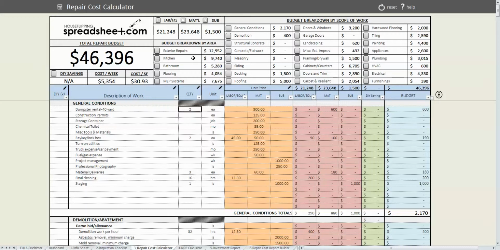I know we're spending $2,500 to $3,000 per bathroom, so it looks like we're within that range. And then MEP systems, that's your mechanical, electrical, plumbing systems. What I will note, and I'd like to click on one of these buttons for you and basically show you